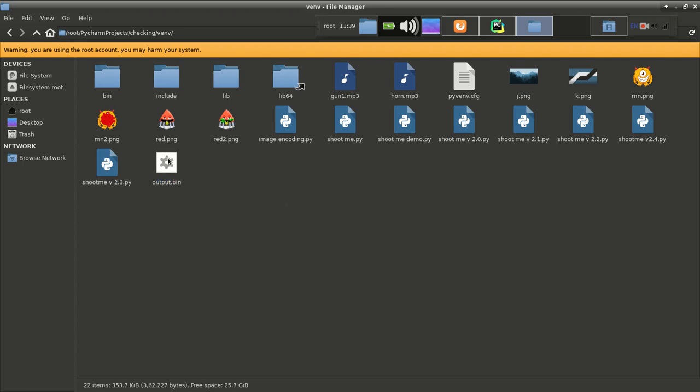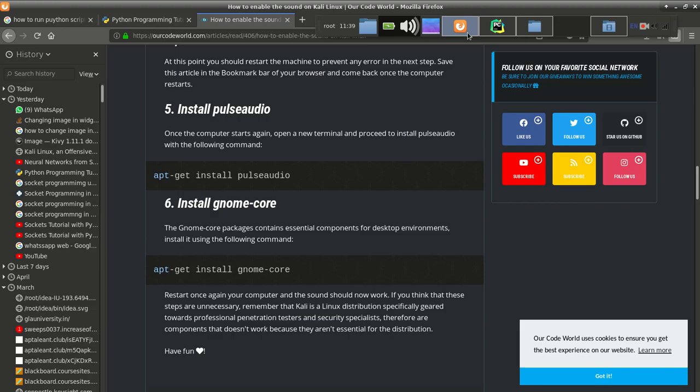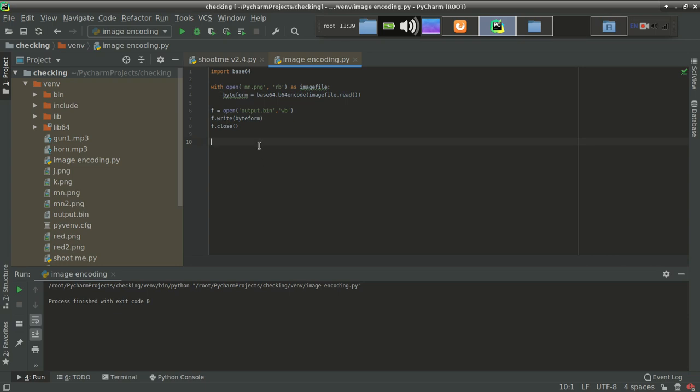So how do we convert this binary again into image? Let's see that. Let's write a new image. This code will do encoding for me. And how can we decode that? Let's remove that, because this time we want to decode. Since we are decoding, it means we should have a binary file. So we have output.binary over there.